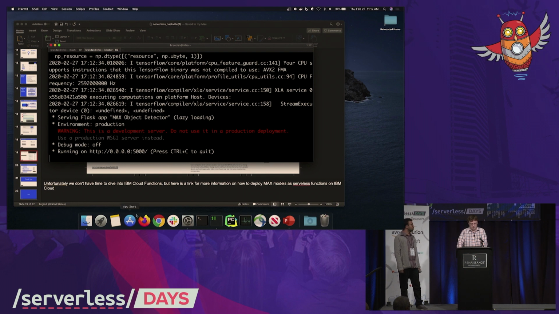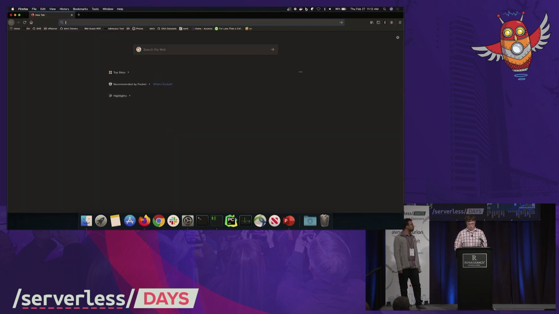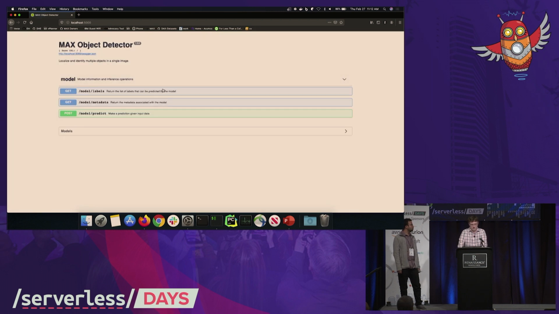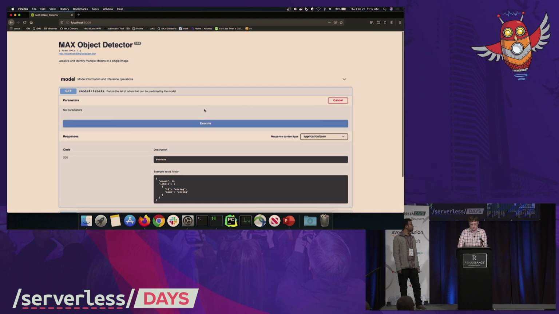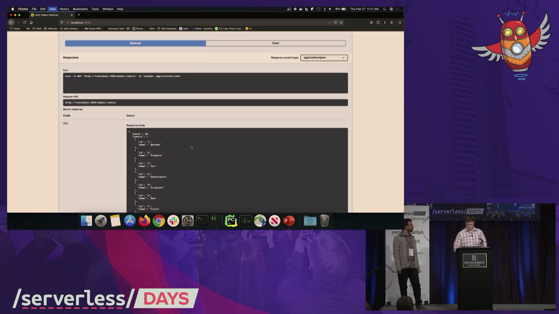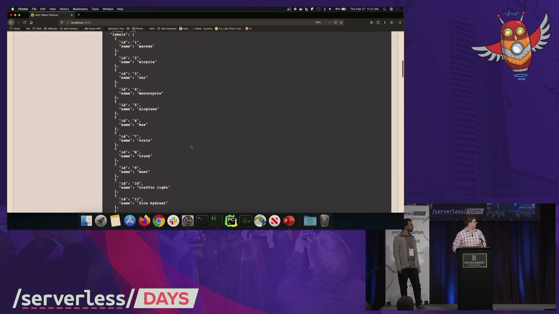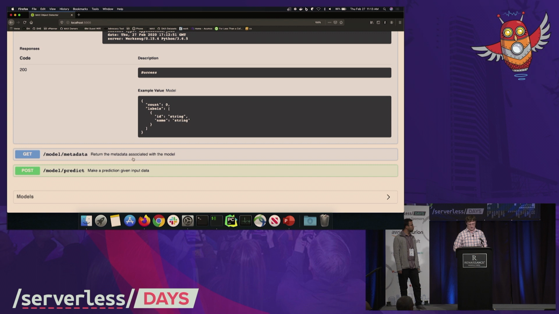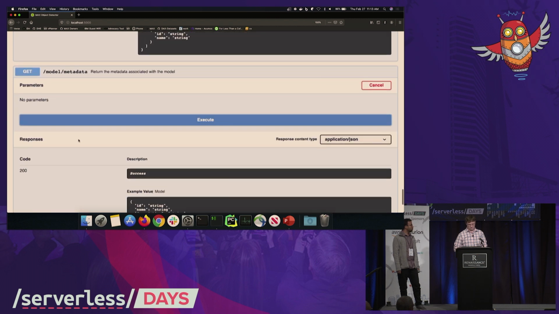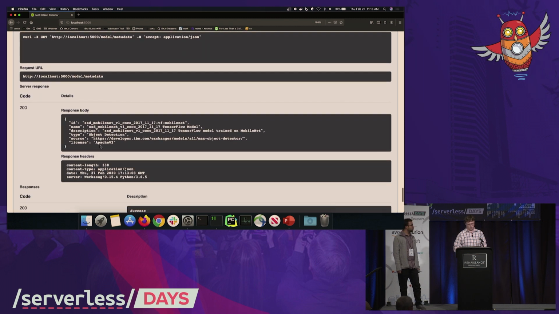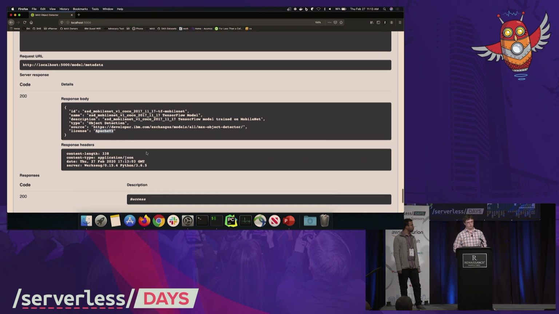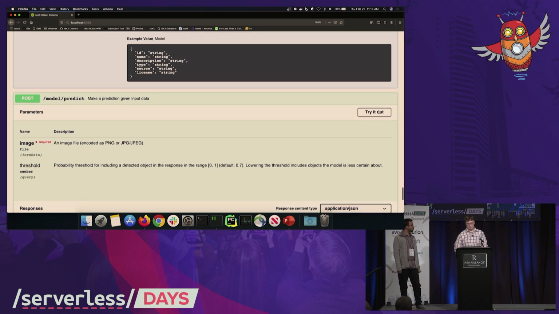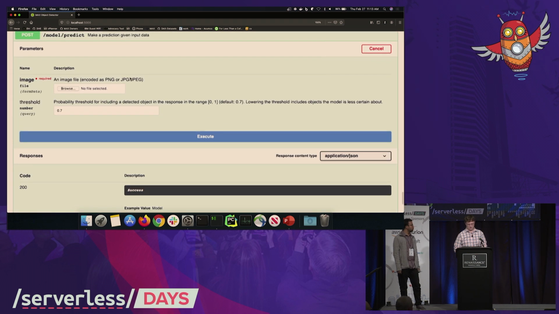So with that one command, I can open up my web browser on port 5000, and I have the object detector model running. And these are the interfaces I told you about in my earlier slide. For example, I can get a list of all the different things this model can return. And the metadata. As you can see, this is an Apache 2 licensed model, which is typically fine for most enterprises. And then finally, the predict API. I'll try it out with